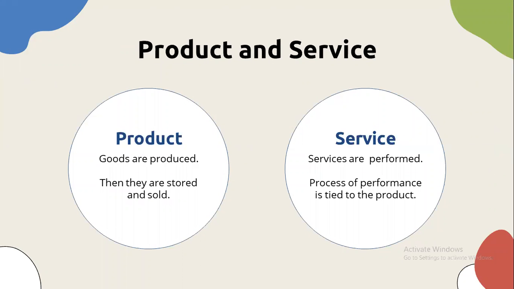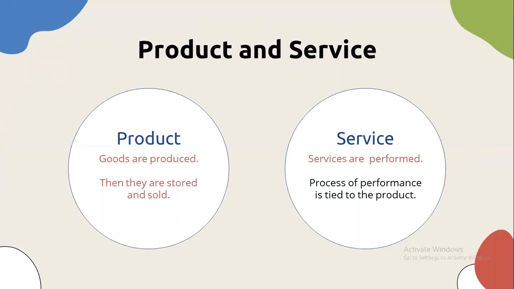So, to sum up, let's understand the basic difference between a product and a service. Products, that means goods, are produced. And when I say services, they are performed. As I said, a pen is a good or a product which is produced, and services are performed. When you go to a coffee shop and buy a coffee, you approach a waiter to take the order, and then he takes the order. The way he's delivering the product to you is a part of service.